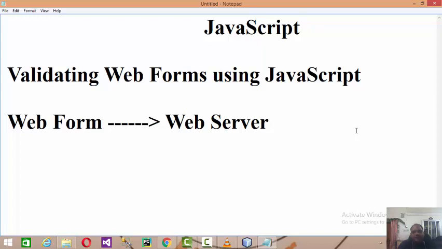Many times, if you have a field like enter your age, it is expected that the user has to fill a numeric value. But what will happen if the user enters alphabets? What will happen if your email address is not in the appropriate format?